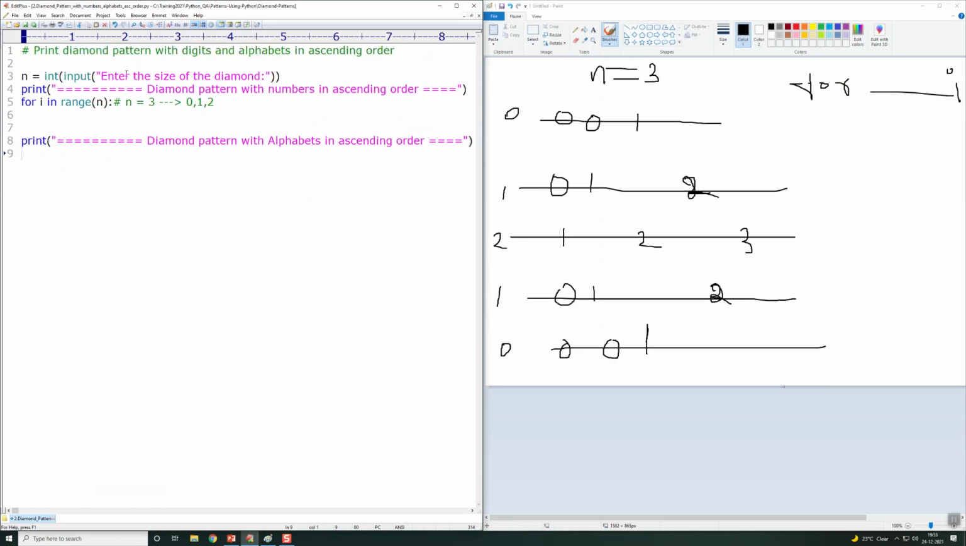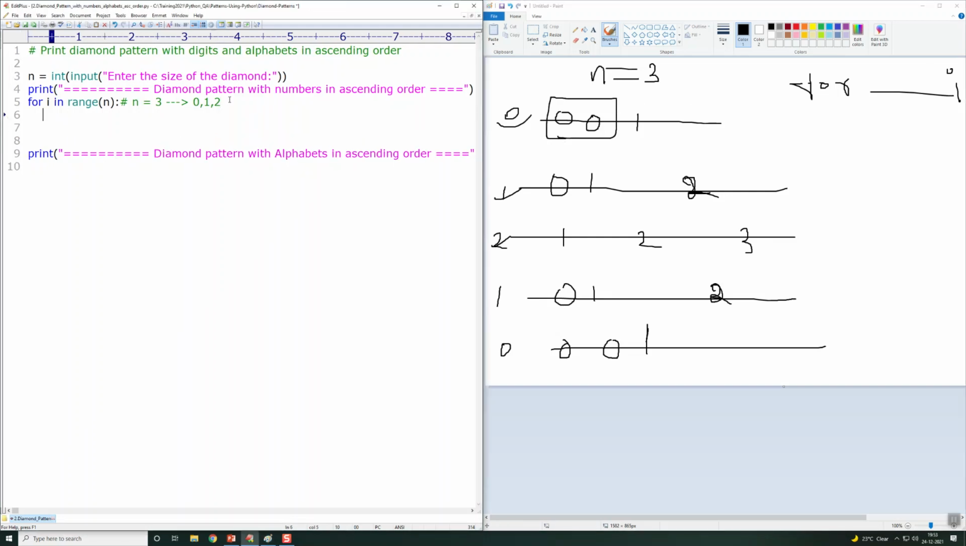Here I have taken the input size from the user, for the diamond pattern using the ascending order. In the first for loop, for i in range of n, we are going to get these three rows 0, 1, 2. In that for loop, the first thing is I want to print these two spaces here. Okay, so how do I do that? I just take this print